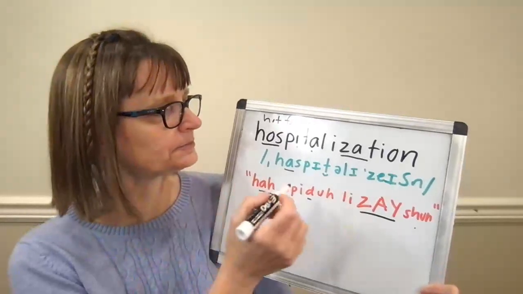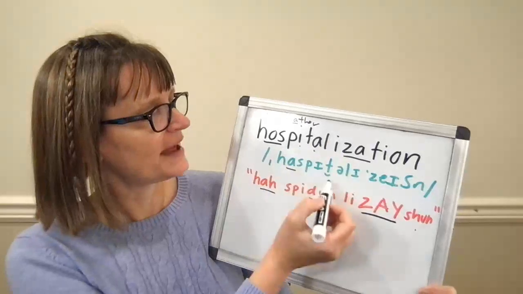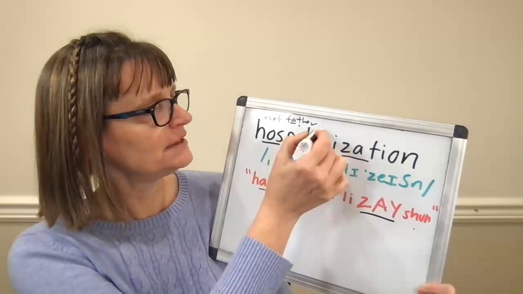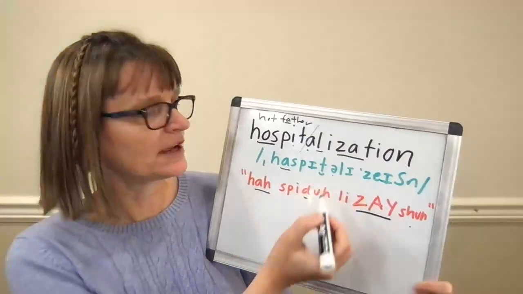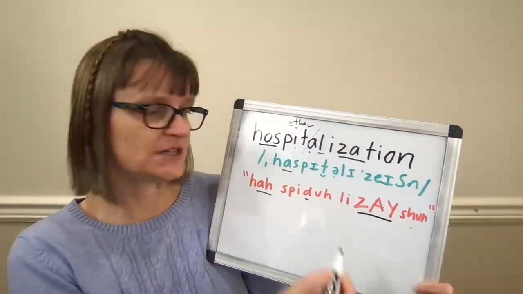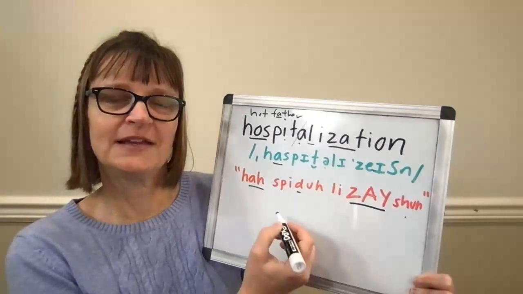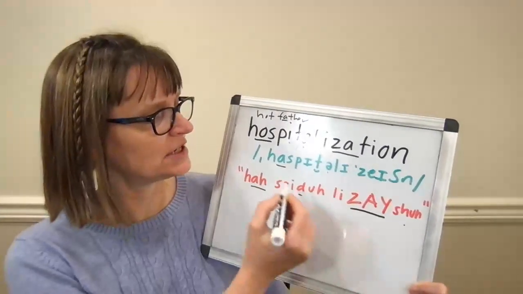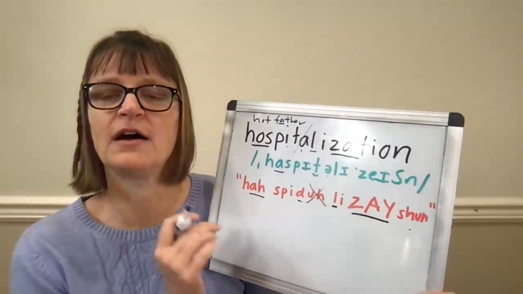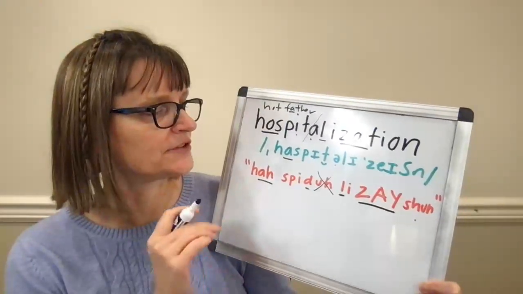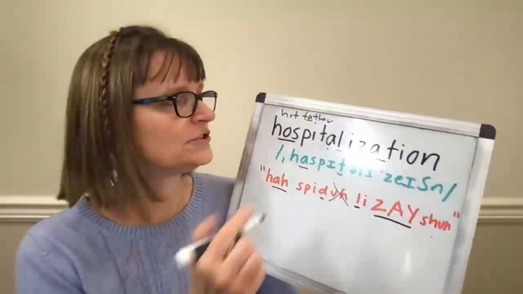Then you also might have noticed that when I was going from that flap to my L, I really wasn't doing much of a vowel here for that letter A. So I did mark it with a schwa, hospitalization. If I'm saying it slow, I'm going to have that sound. If I'm saying it quickly, hospitalization, I'm going to sort of get rid of this and go right to my dark L, hospitalization. So you can look at my video for words like little, Seattle, to know